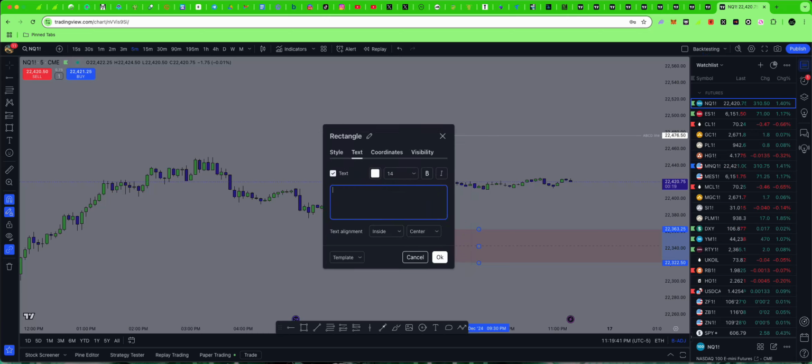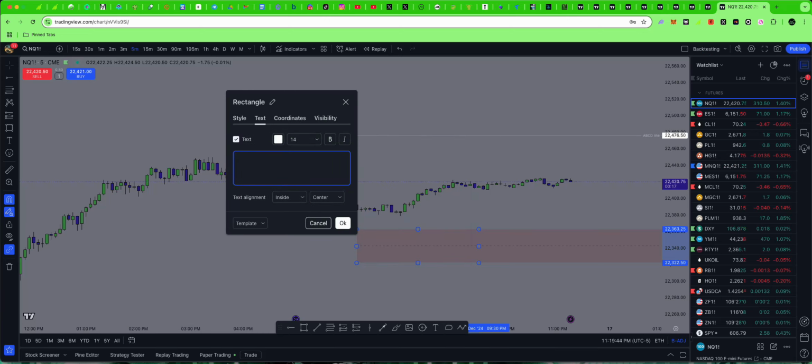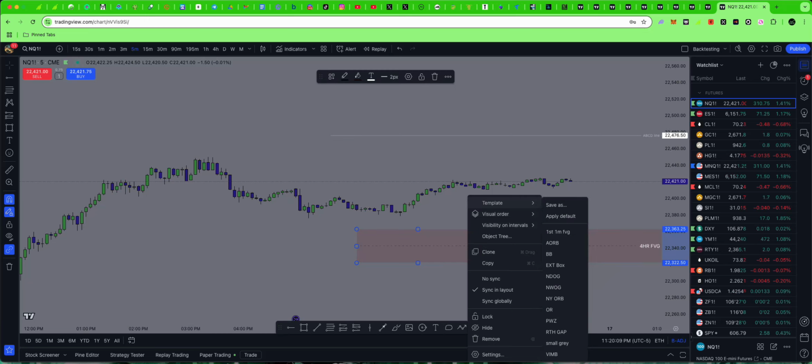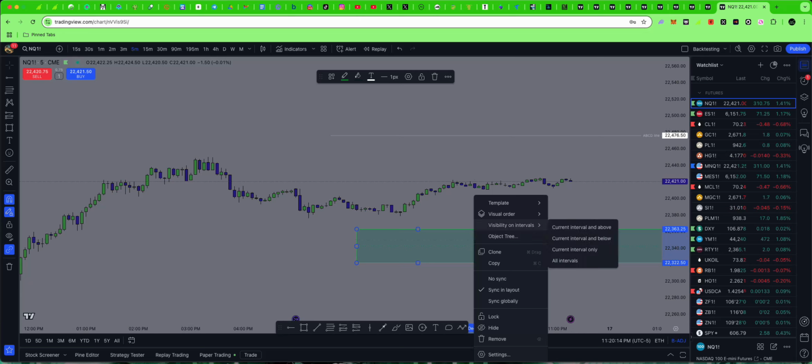And now I think TradingView added a new feature where with your boxes, say this was a 4-hour FVG, right? Now they actually will extend it all the way to the right, which is cool. It used to stay inside the box, but now it goes over. So you guys can save a different box zone for everything you guys want, if you want to do it like that. And then all your templates, like I said, they're all going to be right there for you. And you guys can just right click the drawing that you made and access all your templates right here real easy, right? Whatever it is,